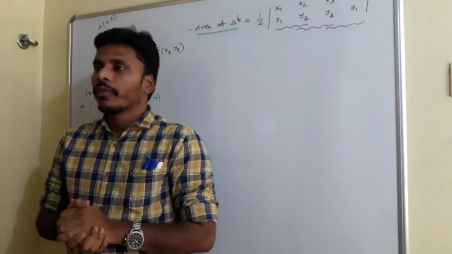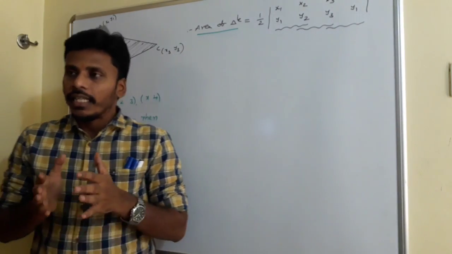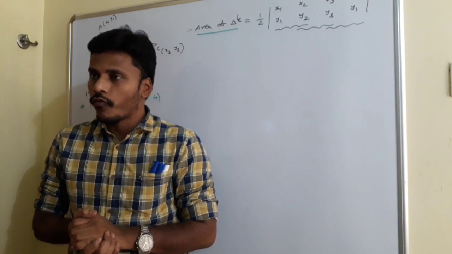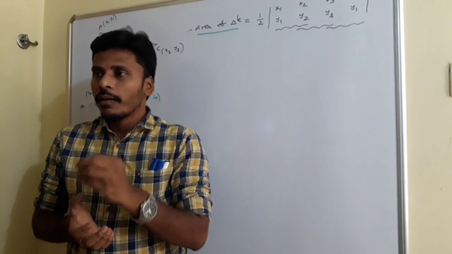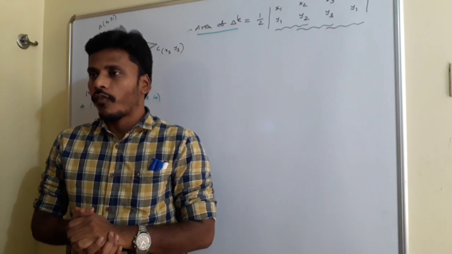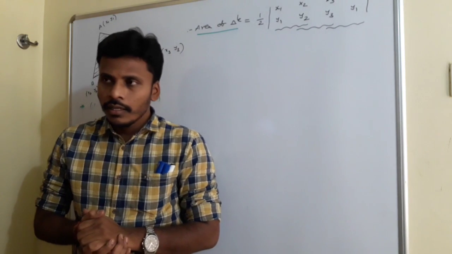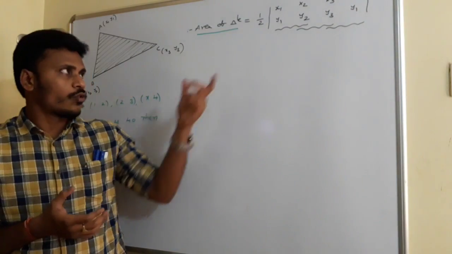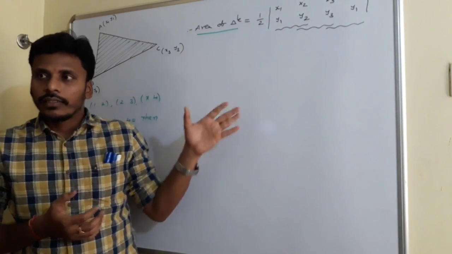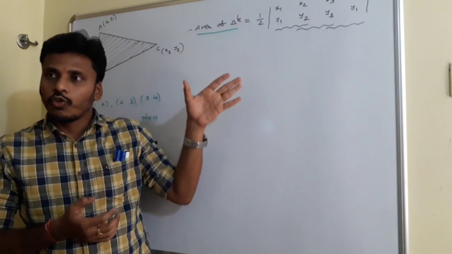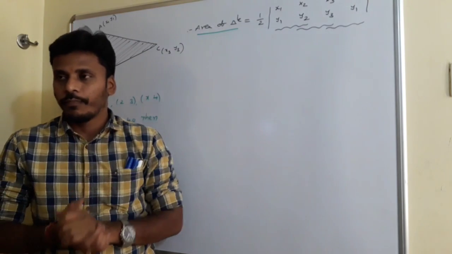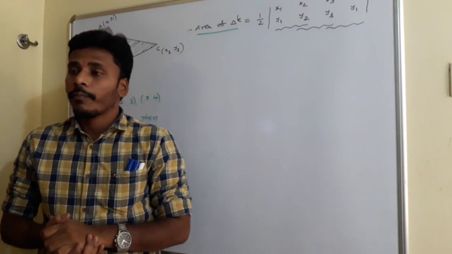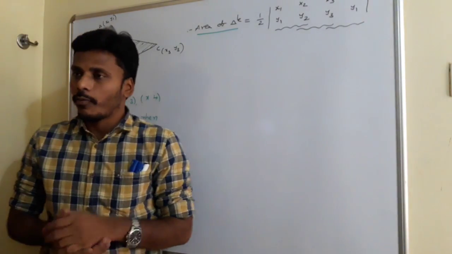Screenshots. Right now, in this session, we are going to discuss the area of a triangle and some problems related to the area of a triangle. I think you know that the formula to find the area of the triangle is this one: half the determinant of x1 y1 1, x2 y2 1, x3 y3 1 and x1 y1 1, as I mentioned to you in the last class. Using that formula, now I am going to solve certain problems.